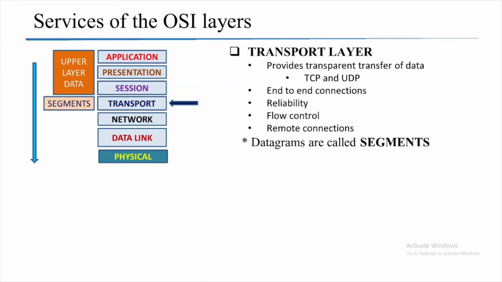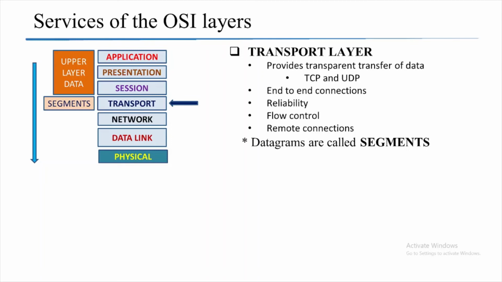And layer 4 is the transport layer, which is actually a very important layer, and it provides transparent transfer of data. It uses TCP and UDP for transparent transfer of data. TCP, Transmission Control Protocol, is used for applications that need a reliable connection or reliable communication,